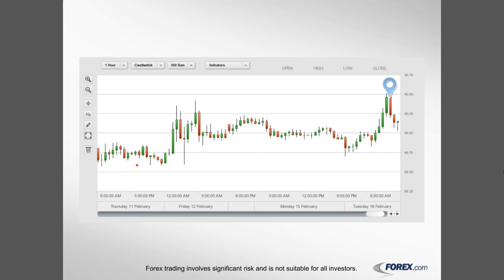Now I want to show you what this looks like specifically on a chart. Again, we're just looking at an hour time frame. Those lows are getting higher. Those high prices are also getting higher, very indicative of an uptrend, maybe a short-term uptrend. And we can see at this point right here that the market has topped out, creating some resistance. Not only has it topped out, but it has created a bearish engulfing pattern. You see how the body of this candlestick has completely consumed the previous session's body. We can see that right here. And then the prices have just really dropped at that point, or they are dropping,